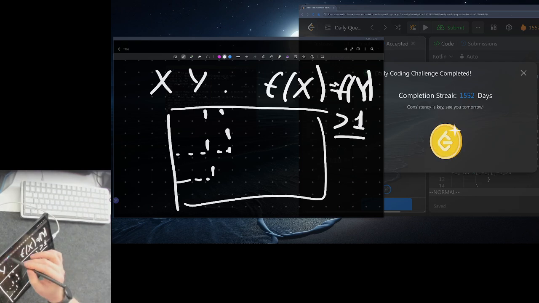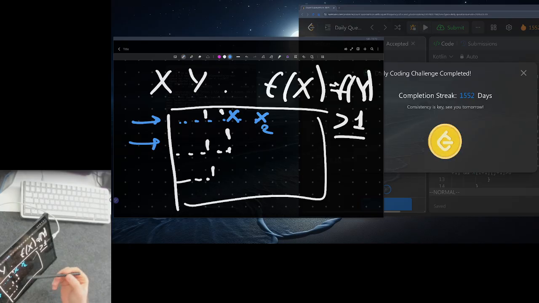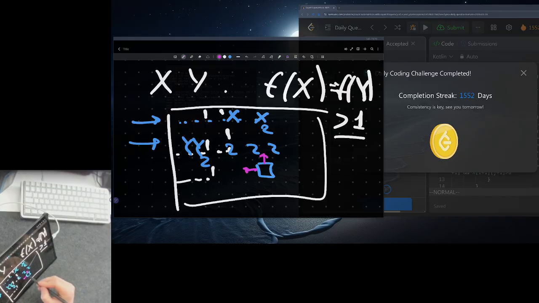Now the solution is to go row by row, count how many x's we have and how many y's we have, and then we count them and store in some prefix array storage. So it's y2, and this would be 2, 2, 2, and so, and for the new cell we just have to look how many we have to the left and how many we have to the top,